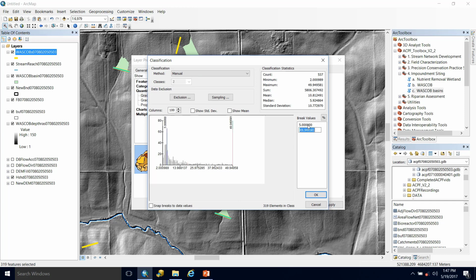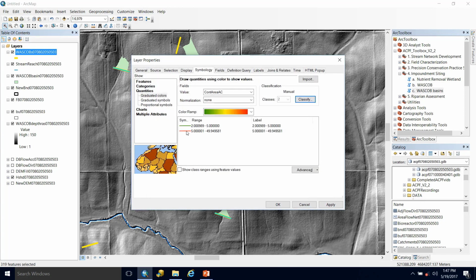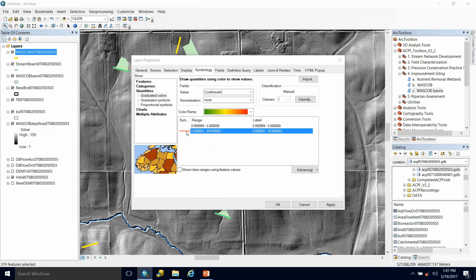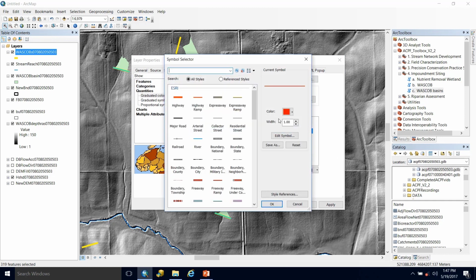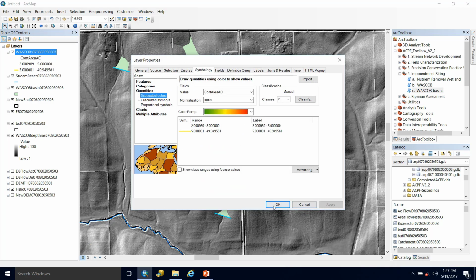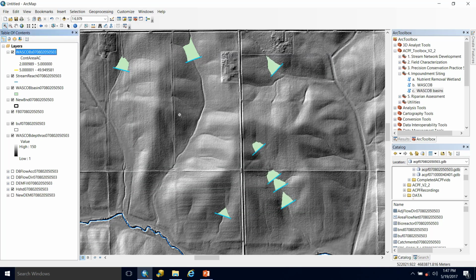Set this at 5. Okay. And then I'm just going to make that null, so now I'm only going to see my WASCOBs that the tool was run for. Hit apply. Okay. And it looks like the other ones disappeared, but really it's just a symbology.